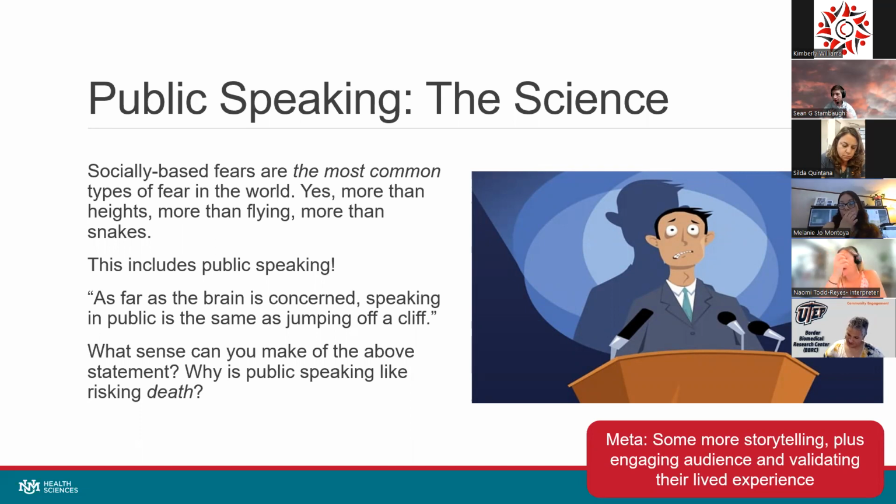We depend on other humans and on belonging with other humans in order to literally survive. And so when we're put in a position where the spotlight is on us, we're taking on a major risk in terms of our social belonging, because people might not like what we have to say. And so when we take that risk, what we are actually risking is our own lives, as far as the